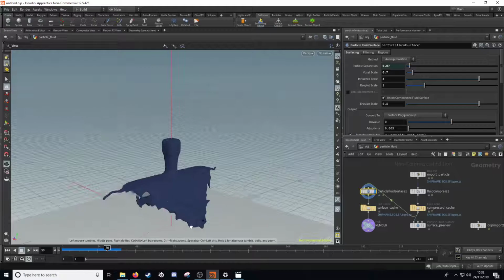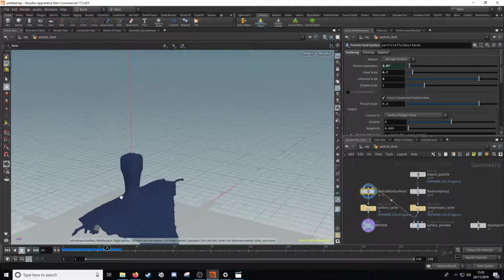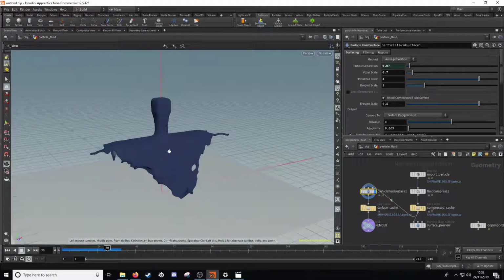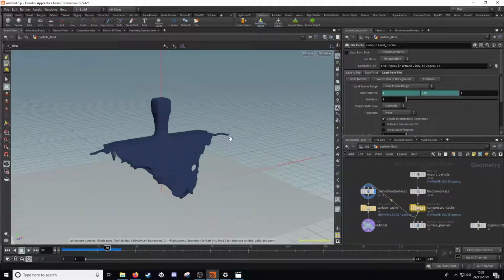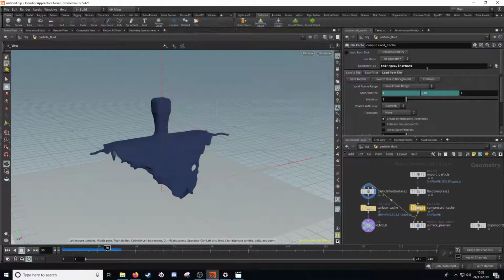So a few more things before we talk about the other sections. Once you're all happy with how your animation looks colliding with an object, you have two caches here. Now, once you're happy with everything, you're going to want to cache these out. So make sure you have this file extension, so we're going to Command X that, find somewhere you want to save it, blah blah blah, I'm not actually going to cache it out, but you will need to. Find somewhere you want to save it, give it a name, put this file extension on it, and then save to disk. Now this will make a file cache where it will render out each individual frame for the actual sort of height geometry,